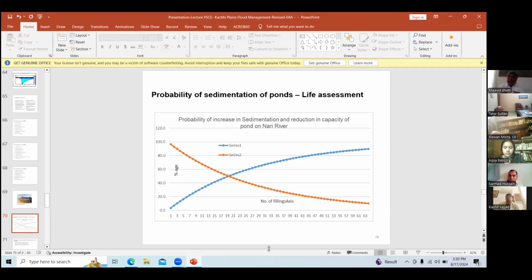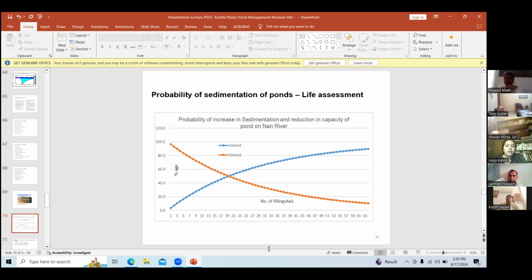If 5 in a year, there is a drought condition, 5 in a year, it means 5 fillings. If the fillings are less, the life is more. If the fillings are more, the life is less. So you can see the number of fillings, if 50% is about 17 or 18 fillings, the pond will be 50% filled with silt.